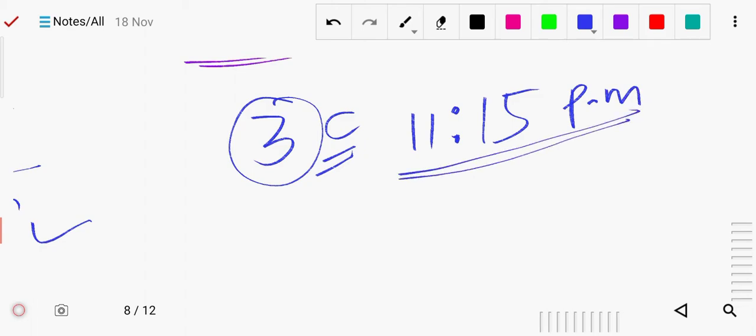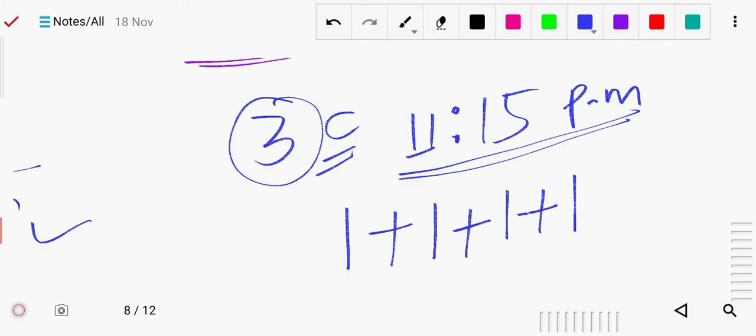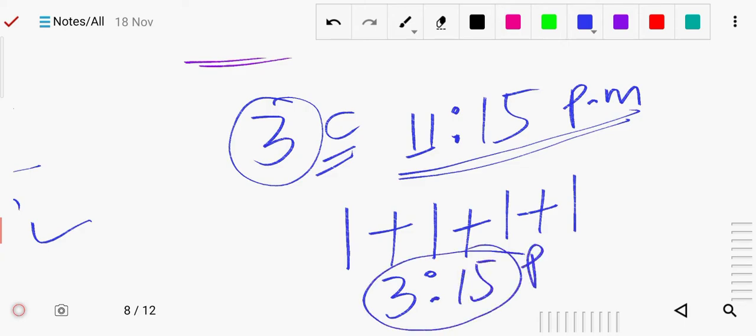So you can do in your mind also, 11, then after this is the 12, then after 13 means 1, then after 2, then after 3. Okay, so now your time is now 3. So 3 hours. So actually your time is 3 and the minute will be the same. So 3:15 p.m. So this is the PM. Sorry, it is AM because this is the 11:15, night 11:15. So 4 hour you will add, so it will be the 3:15. So this is one of the methods.